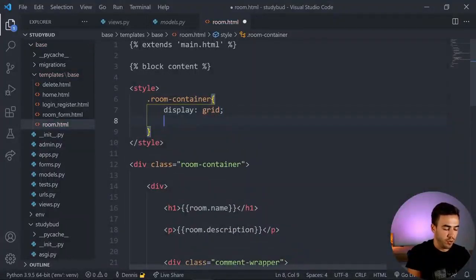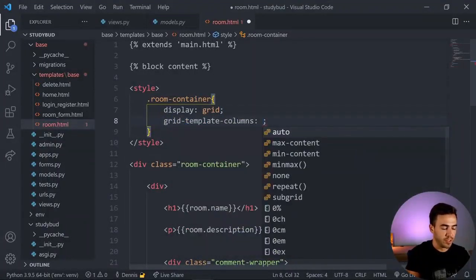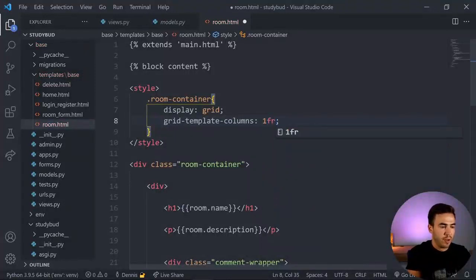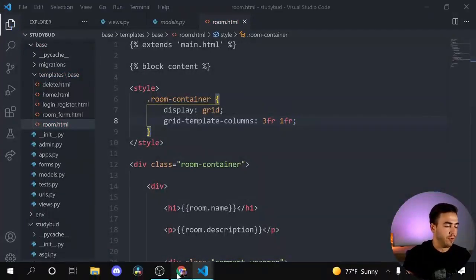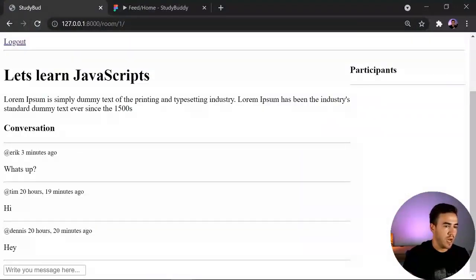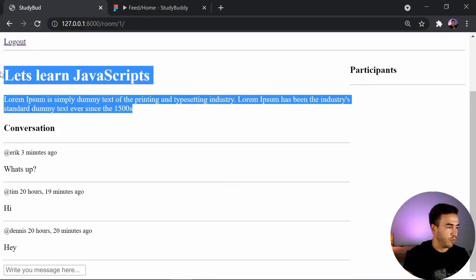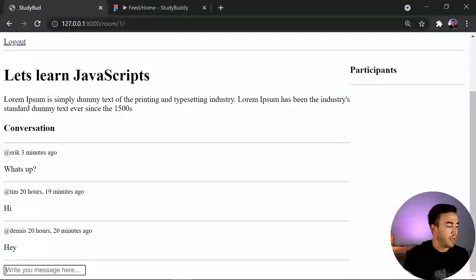And then we'll just do grid-template-columns, and we're going to say 1fr, and then actually we'll invert it. So we'll do 3fr like the home page here, and we're going to do 1fr, so fraction. Okay, so if I refresh this, now we see participants, we see the room description, the conversation, and the message